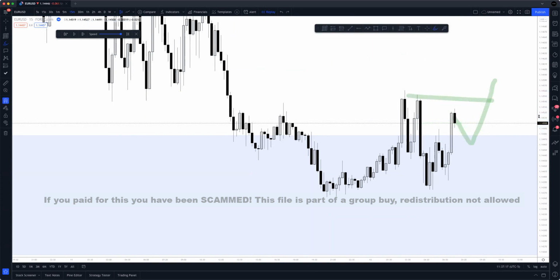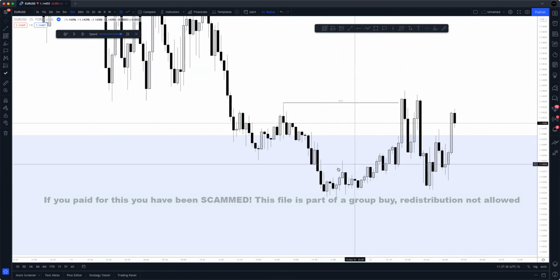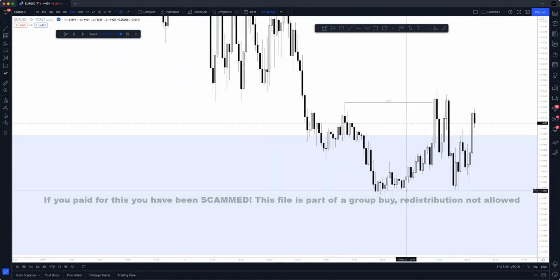So let's just talk about this. Right now, the big thing on the 15 that I saw was pretty clear. I mean, we had this break of structure, right? So usually what I like to see on this break of structure right here, let me just go like this, break of structure to the upside is, okay, well, now I'm saying, well, if we broke structure like this, this